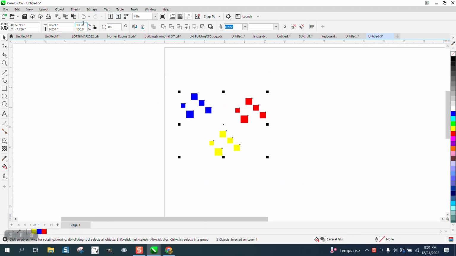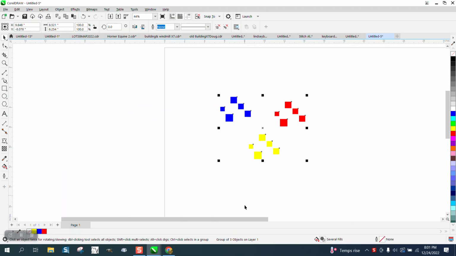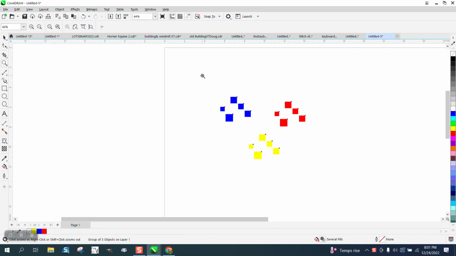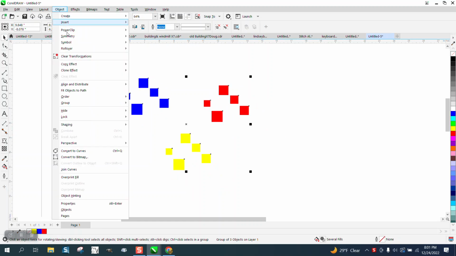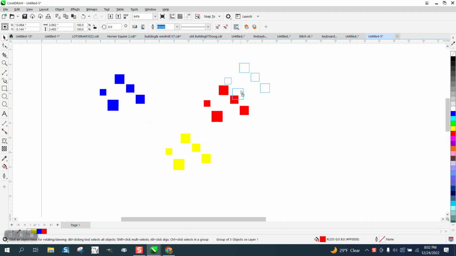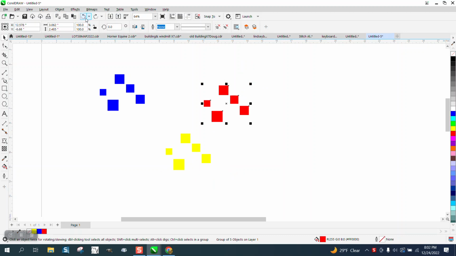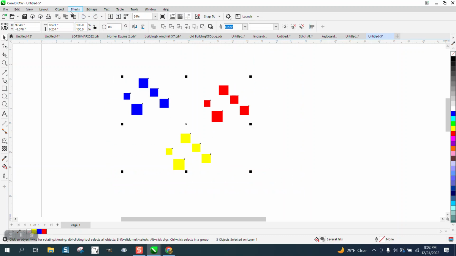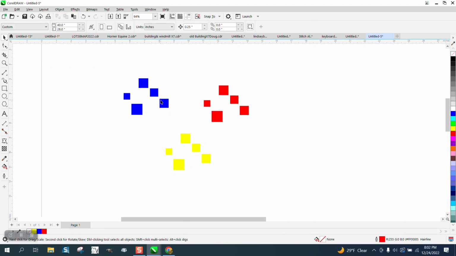If I select them all and I go up to Object and Group these together, now they're one object. It says a group of 3 objects. If I have them all selected and I go to Object and UnGroup, it leaves the individual groups together. If I select them all and go Object, Group, and UnGroup All, which I very seldom ever use, now